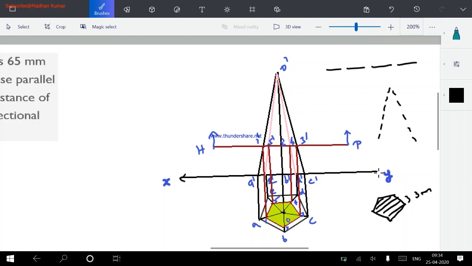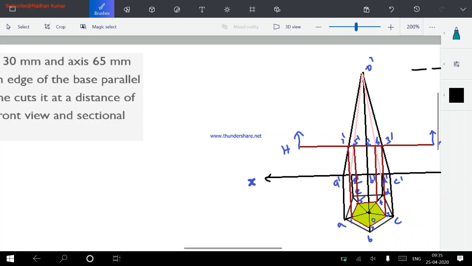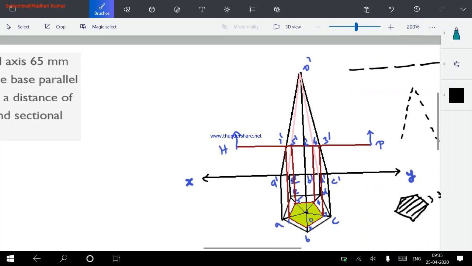And then you may also introduce the XY reference line with arrow marks, since it extends infinitely in all drawing cases, because we may rotate or tilt these particular objects, so we are extending this particular XY reference line, right? So after this, we are going to finish this problem. So this is the final case. We are obtaining the front view and the sectional top view. That is what the question asked. So draw its front view and sectional top view. So this is your front view and sectional top view.